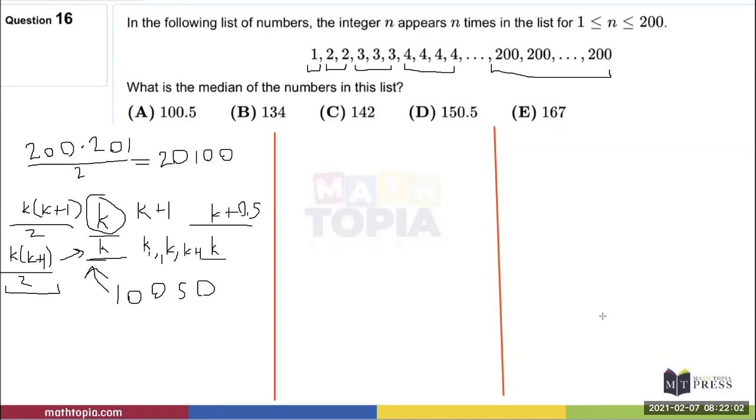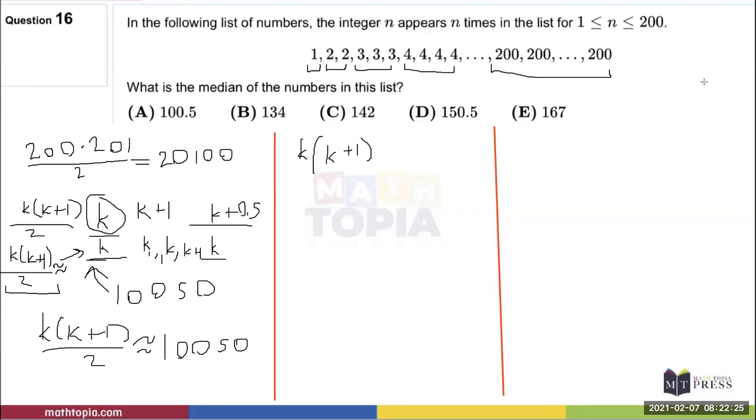So we can just say that this number is also about the k times k plus 1 over 2 number. So we have that k times k plus 1 over 2 is approximately 10,050, right? Let's multiply by 2 on both sides, and we get k times k plus 1 is about equal to